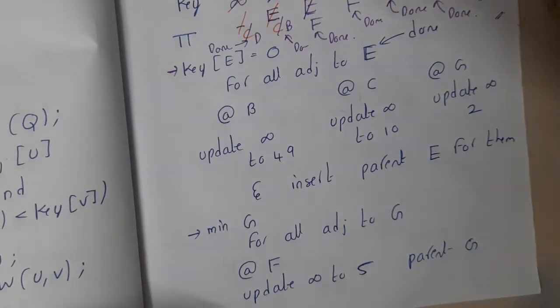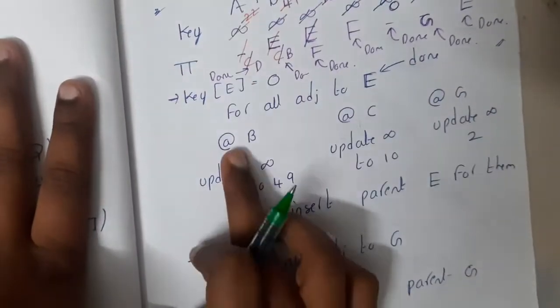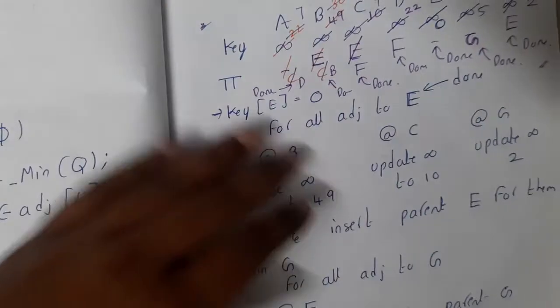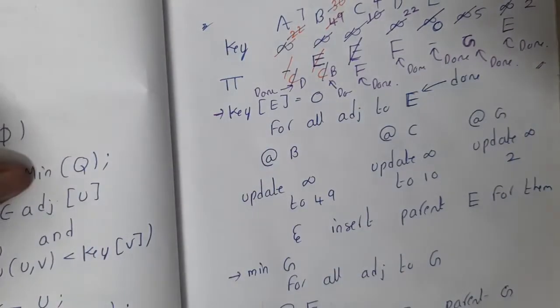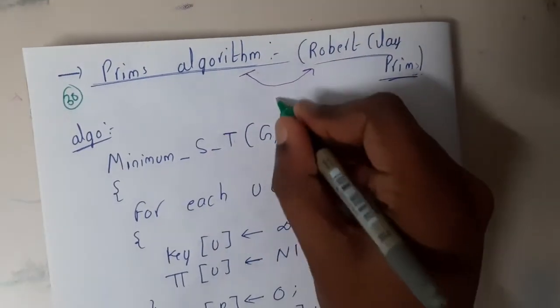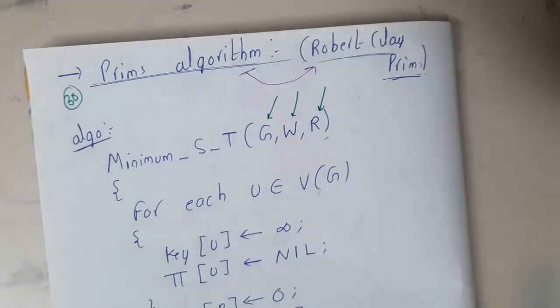Anyway, in our book, I have solved it step by step, guys. So you can just check the solution in the book. First solve along with me in the video, and then you can check the book solution for more clarity. Yes. So now let us go through the algorithm, guys. So Prim's algorithm. The first step is you will be passing the graph, weights, and the root. So where you need to start.